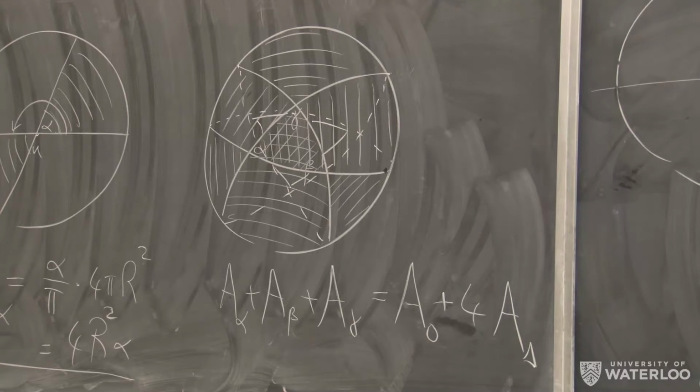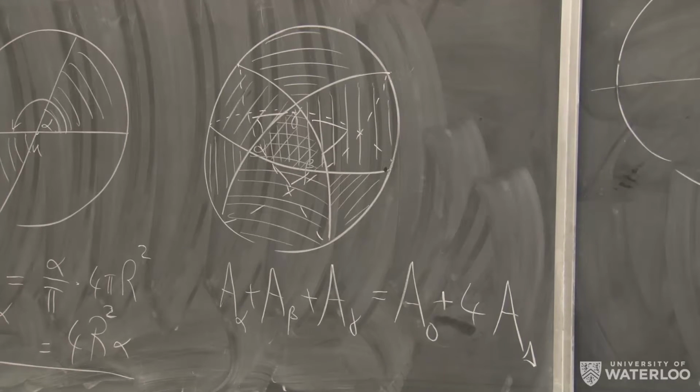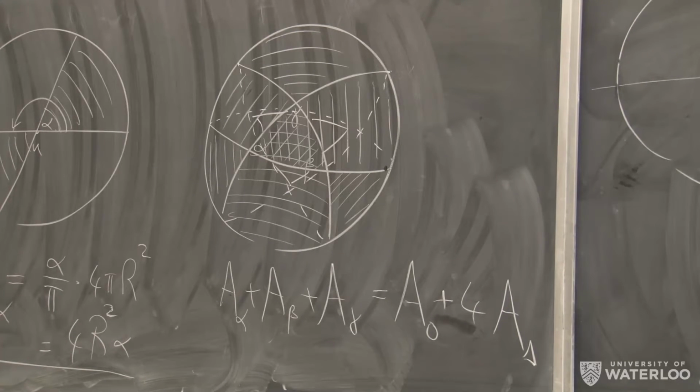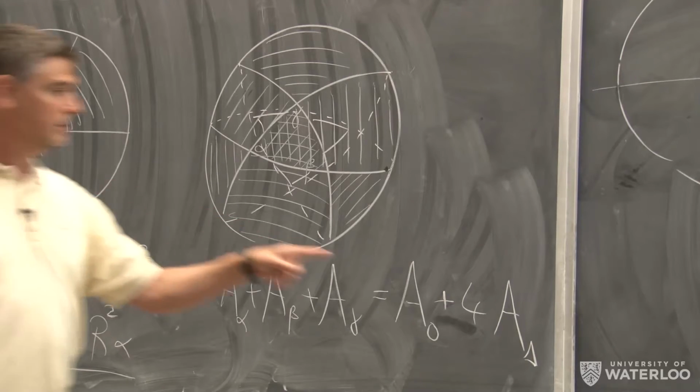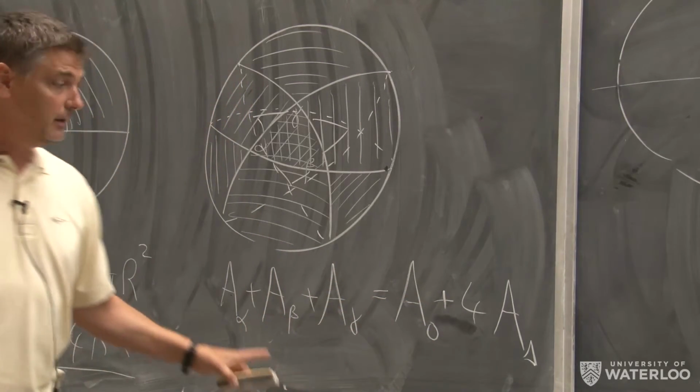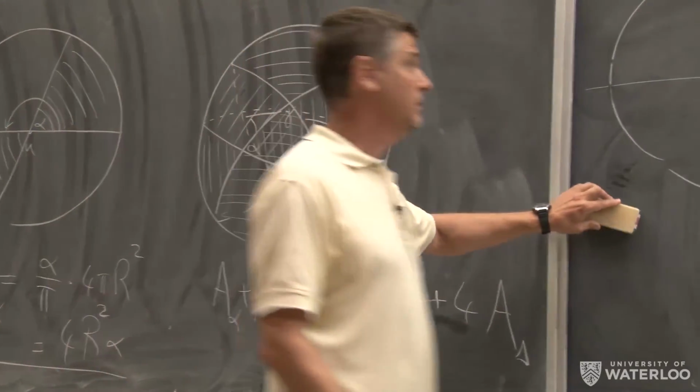It would be good maybe to have an actual sphere, maybe a ping pong ball with these lines drawn on it, and then you could see it clearly. There's actually an extra copy of that triangle on the back, an identical copy of the same shaped triangle with the same angles, and that triangle is also covered 2 extra times. So the triangle's covered an extra 4 times in total,